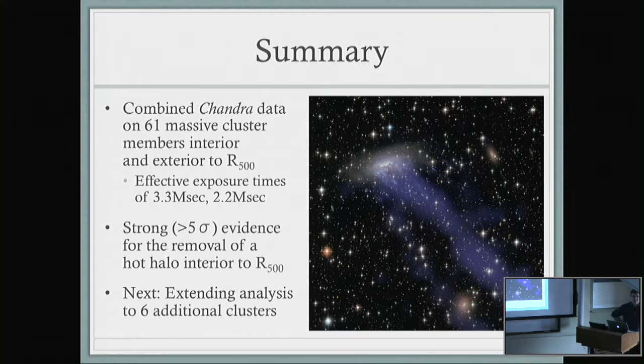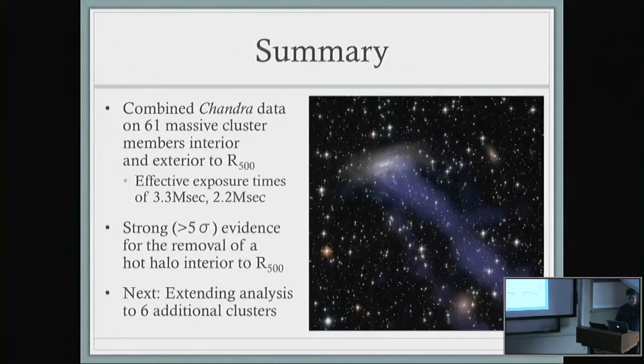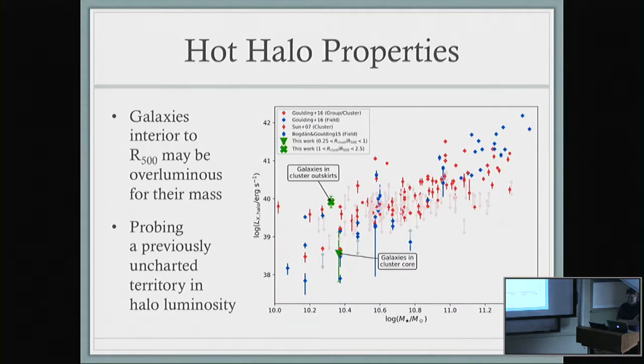Sure. But it allows gas to escape more easily, the fact that we have less dark matter in the halos when they enter. Right. So that helps also. And it would be interesting to perhaps compare the scale of the truncated halos to the scale that you get. Right. I mean, I was a bit surprised to see really anything, even at R500. I would have thought the stripping happened even earlier, like 2 or 3 times R500. But apparently there are still galaxies with gas at R500, despite how dense the ICM is there.